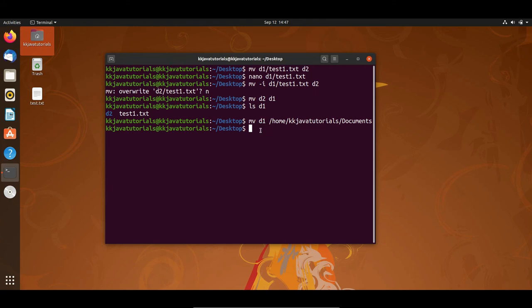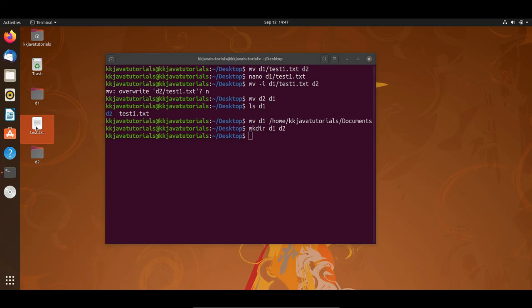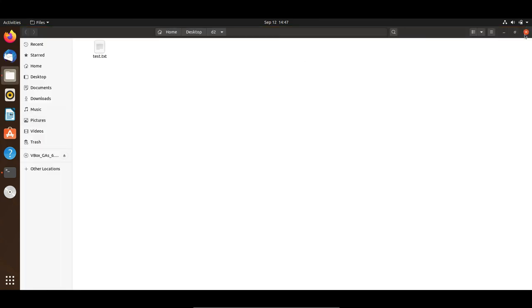Now here again I'm going to create two directories with mkdir. I'm going to create the d1 and d2 directories on the desktop. So these two directories have been created. Let's say I put this file test.txt inside d2. If you browse, there is one file.